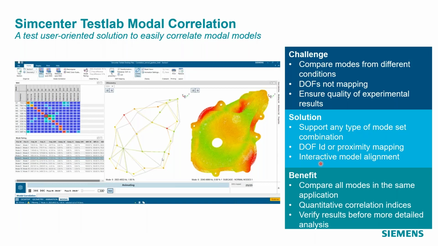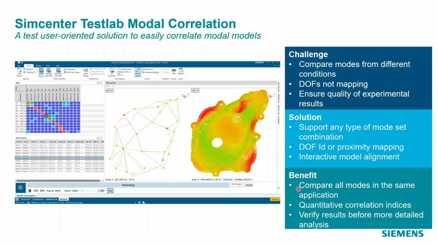We also wanted a way to interactively align the model, and that's a geometric alignment. Quite often you get data from test and CAE, and if you put the geometries on top of each other, they don't match. Sometimes it's in a different XYZ space. Sometimes it's a different unit, which results in a scale, or sometimes one of the coordinate systems is rotated. So we needed a way to manage that.